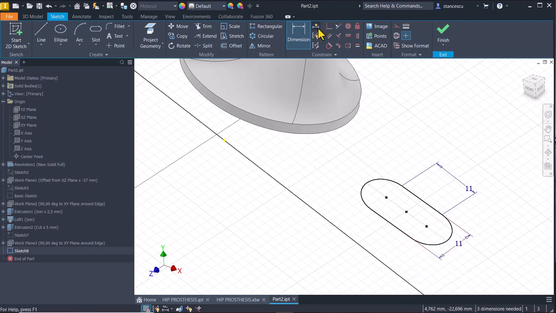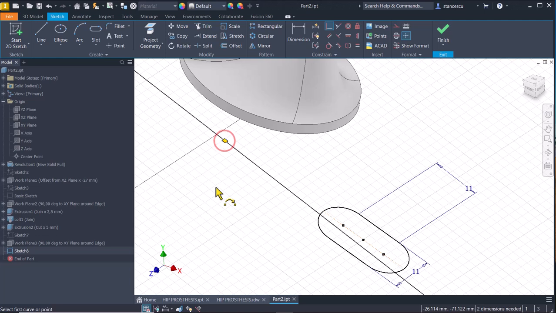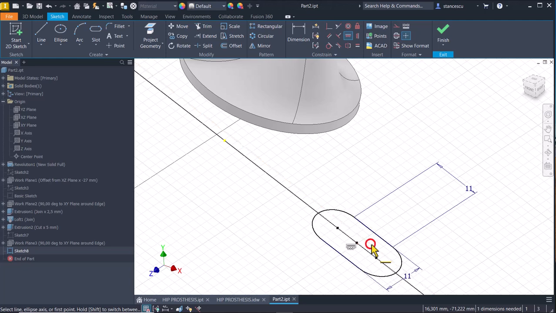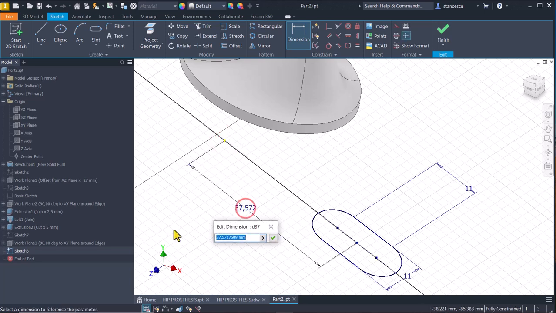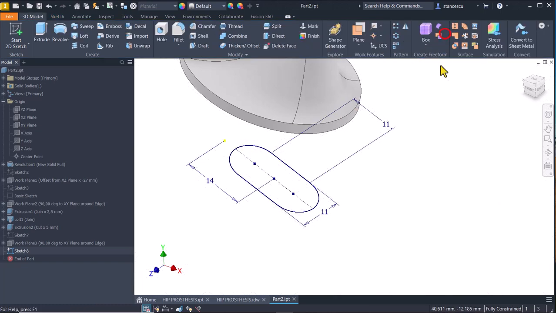We place this axis aligned with this projection, but it is not horizontal. I make it horizontal by selecting, as you can see. The distance is 14. Between what? Between this center point and this projection of the center point. 14. Finish sketch, hide,